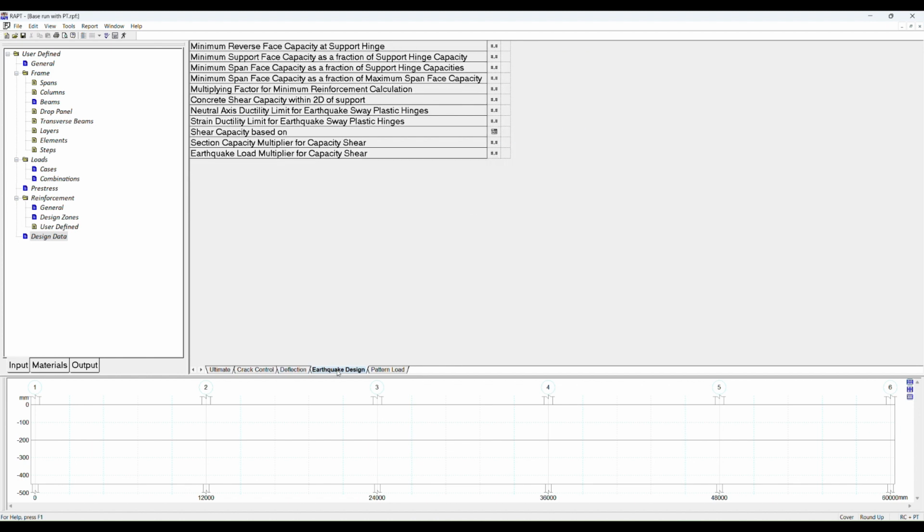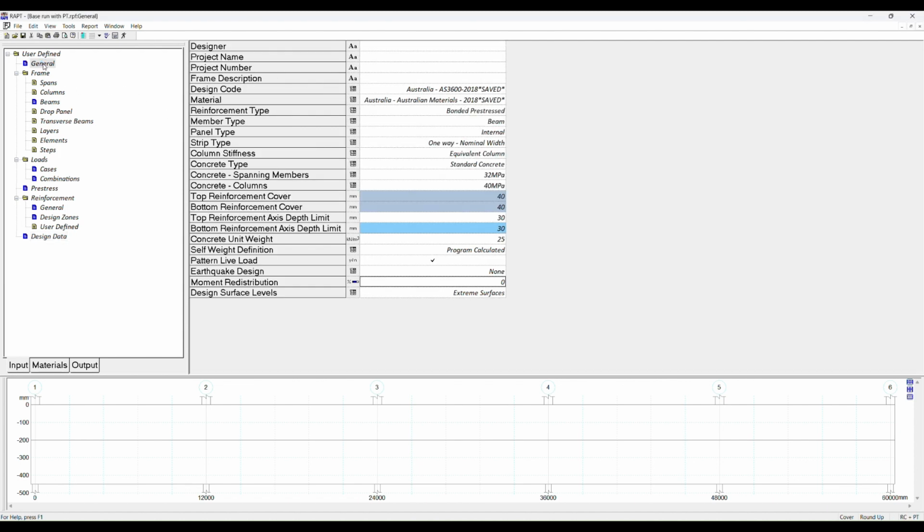Now we move on to earthquake design. So these options are requirements from clause 14.5.2.2 in AS 3600 to ensure you get ductile behavior in an earthquake. And for these options to become available, you need to go back to user defined, go to earthquake design, and then select whether or not you want a moderate or high risk earthquake. Those options there,